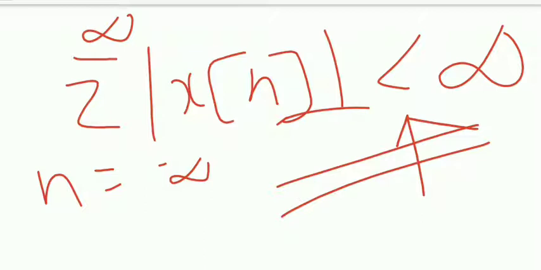So the conclusion is that the z transform is used to convert a difference equation into an algebraic equation. It is used to analyze discrete time systems, and the region of convergence is a region where you can find the z transform. For the z transform to exist for any signal x of n, the signal must be absolutely summable.